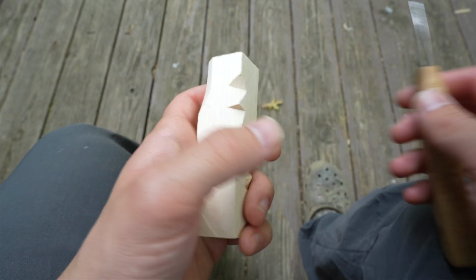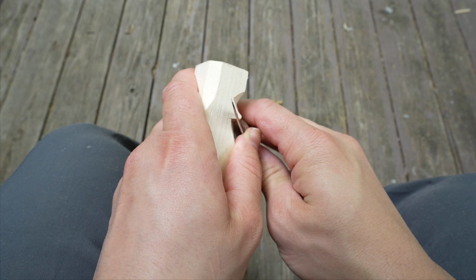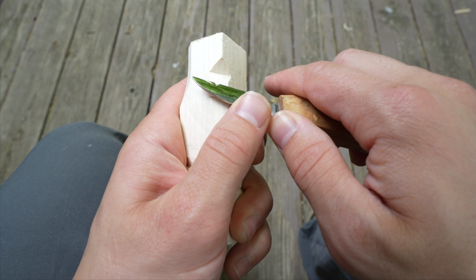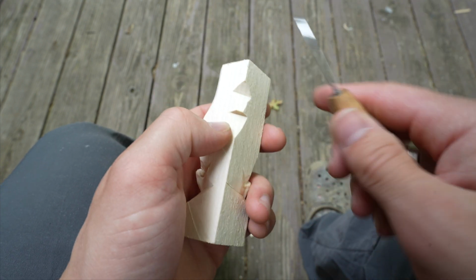Okay, now the next thing I'm going to do, I'm going to take the flat part off of this nose, so it does that. See how it does that? We took that tip off, and we've got an angle. All right, now the goal of the